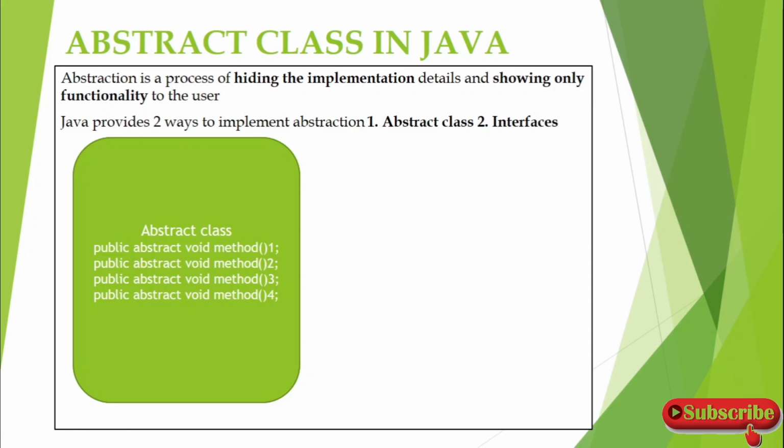Say for example, this is an abstract class and you have the method prototype alone here. Say you have four functionalities and you are not describing the implementation logic in your parent class. So the child classes will not be able to see the implementations in your parent class, so it is hidden. You have to specify it with an abstract keyword, and you should not write your code logic, so you are ending it with a semicolon. Here in the abstract class you have four methods, and these four functionalities will be implemented in each child class, and they will be writing their own specific logic for these functionalities, because it may vary between each child class.